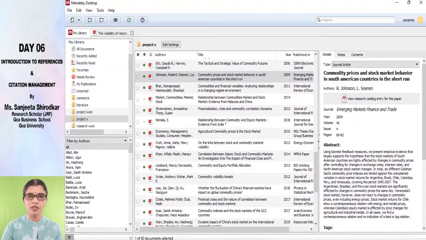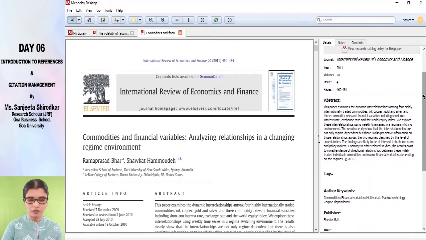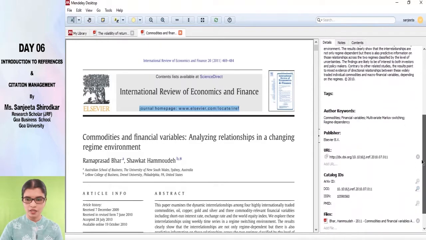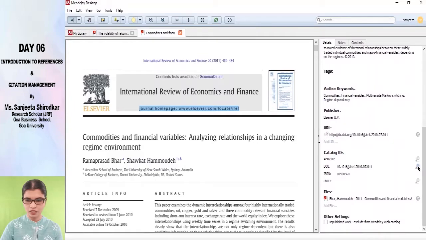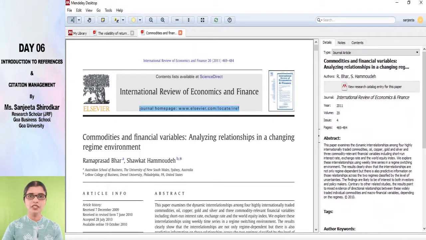If you have a PDF file, here I already have a PDF file, so certain things which have not come in I could put in by copy pasting manually in the field. The second way I showed you is that if you have a DOI of a particular research article, you could put in the DOI and click on the magnifier icon. You just have to click on the magnifier icon and the details will be pulled in by Mendeley. So please double check, and this would help you in ensuring the quality of your research.